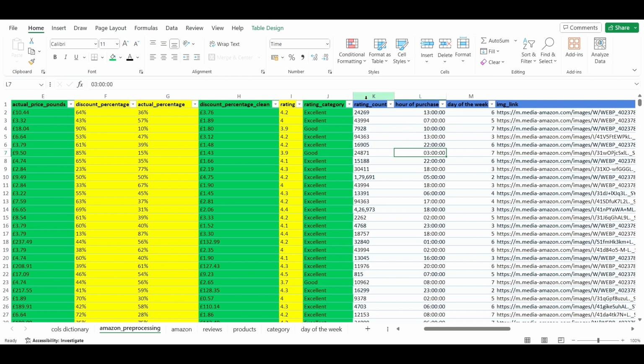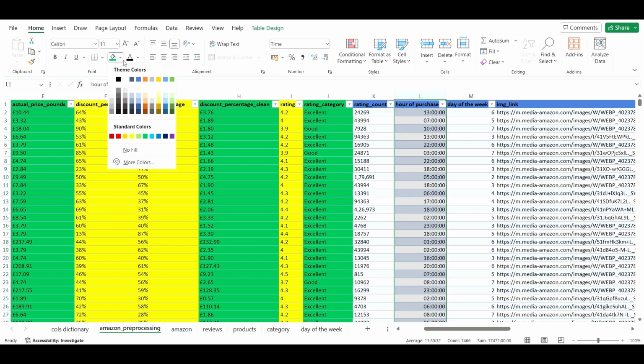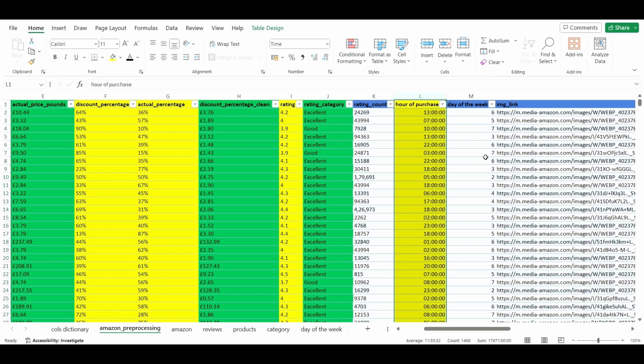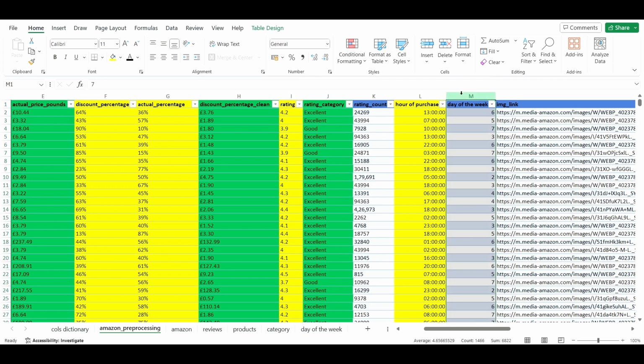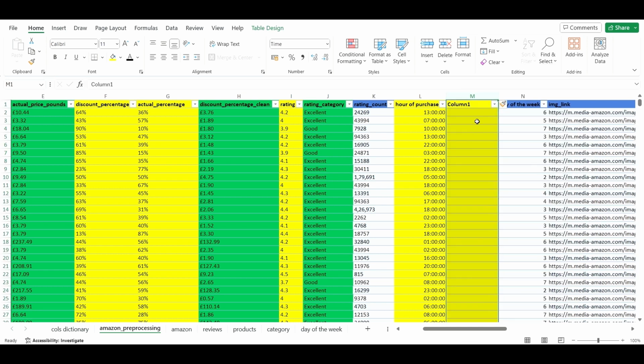So we don't need to change the rating count or highlight it because we didn't really make any changes. It was just checking if the cells with 2 commas were actually being registered as numbers. But we do need to highlight this because we did make changes. So create a new column and we're going to call this